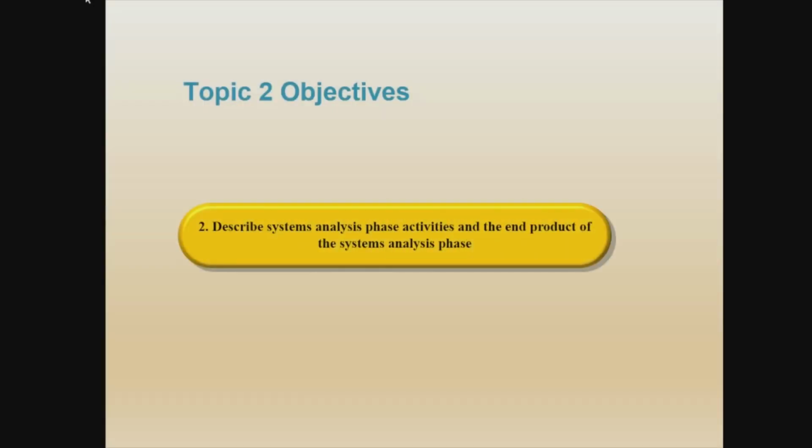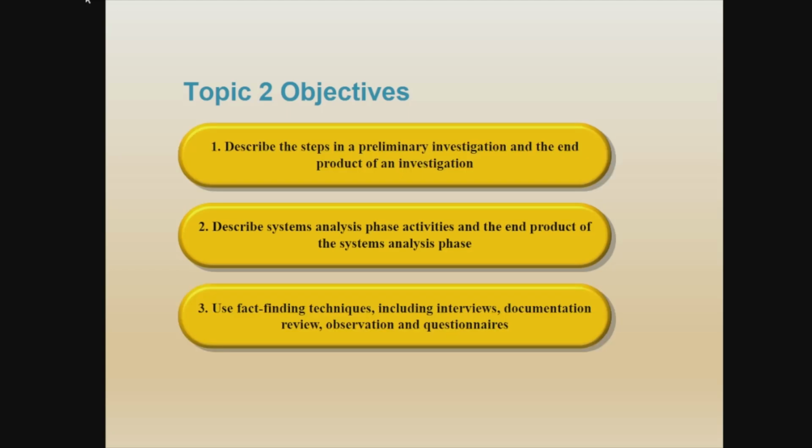In this topic, you should be able to describe the steps in a preliminary investigation and the end product of the investigation. So what are the steps? Try to identify and learn about the steps that are needed in order to do the investigation. Second, describe the system analysis phase activities and the end product of the system analysis phase. This means in this topic, you should be able to identify what kind of activities are involved in this